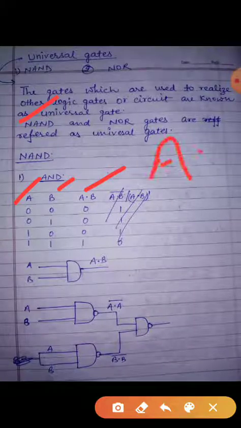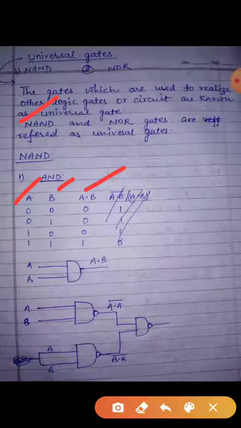Here you can see the NAND gate. But first, try to understand the meaning of the AND gate. I am showing how the AND gate will work. A, B: 0 0, 0 1, 1 0, 1 1. When you write A dot B, dot means AND. I have already told you how the AND gate returns the output: if all inputs are 1 then it will return 1, otherwise 0. Only when both are 1 does it return 1; in other cases you can see 0. This is the output of the AND gate.